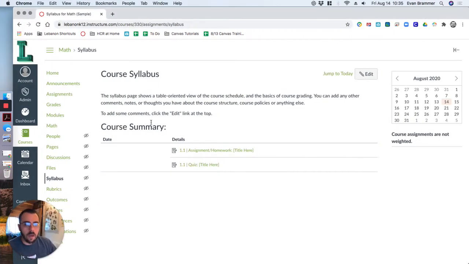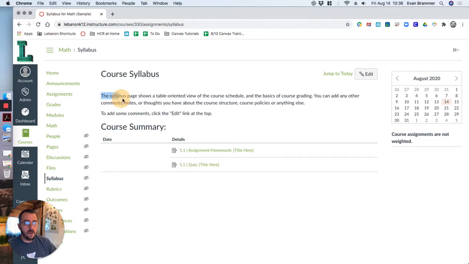I'm already in a course, and I've clicked over here on the left sidebar on the word syllabus, and it brings me to this view, and I just want to walk you through what's here. Now, when you first see it, you're going to see just course syllabus up there. You'll see calendar on the right, as well as a list of all the assignments. So when you think of a college syllabus, it lists out all the assignments that you're going to do that term. That's the idea here, is that the syllabus view is going to give them all of their